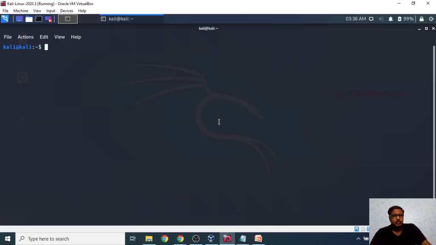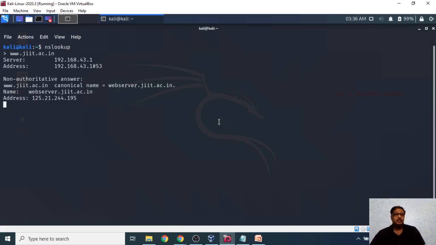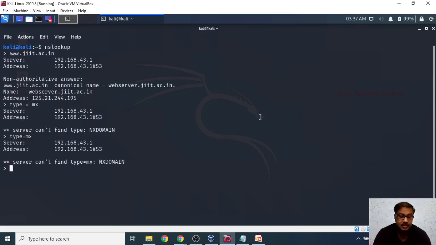Now what we'll do is use this nslookup, and here I will type www.j80.ac.in. So here the address is 125.21.244.195, and the canonical name for this is this one. We have to use set type equal to mx, and now you are supposed to write the domain name j80.ac.in like this.